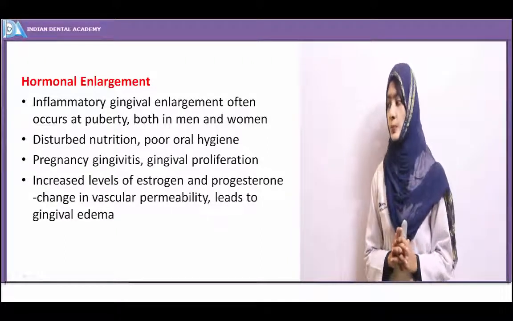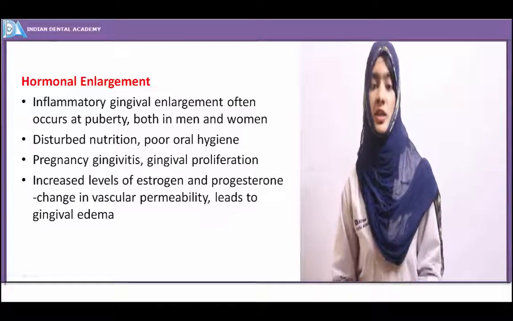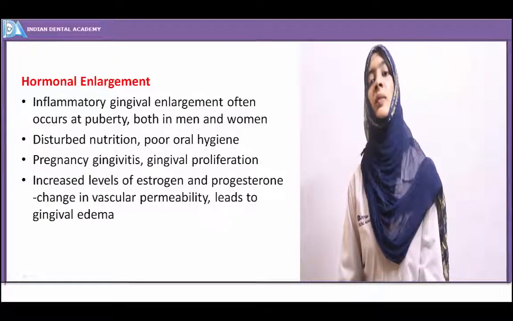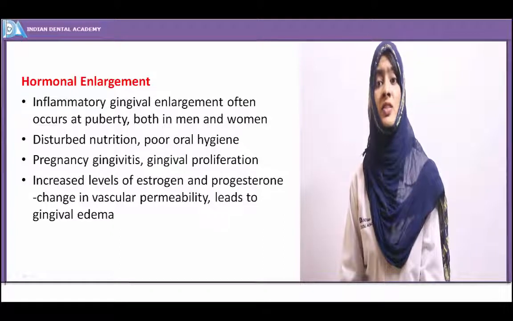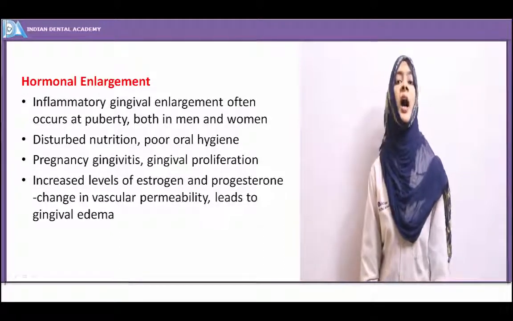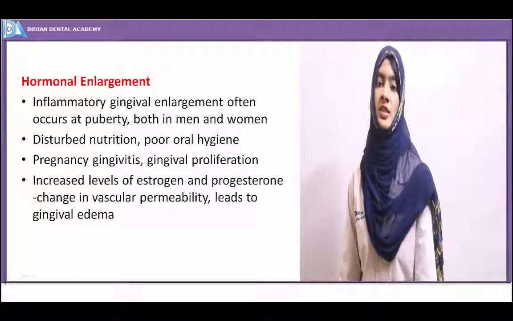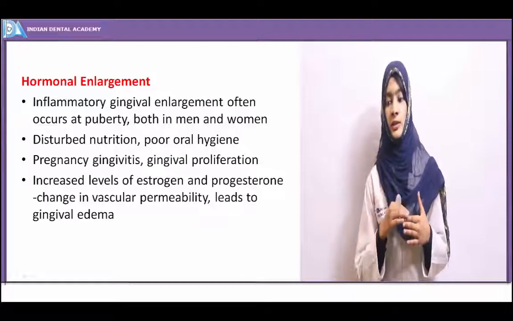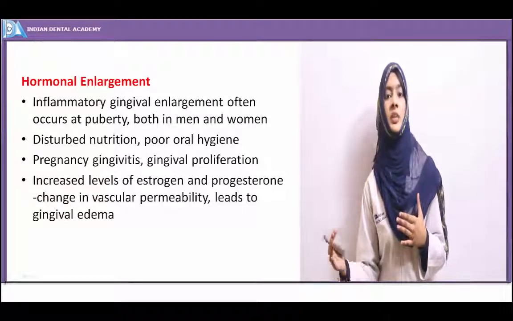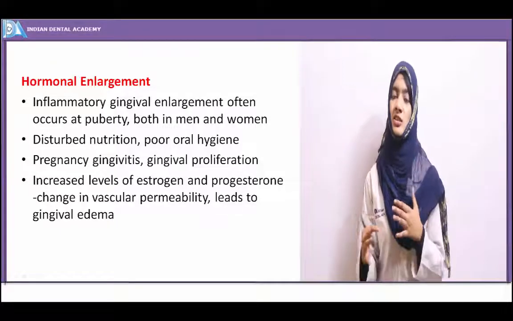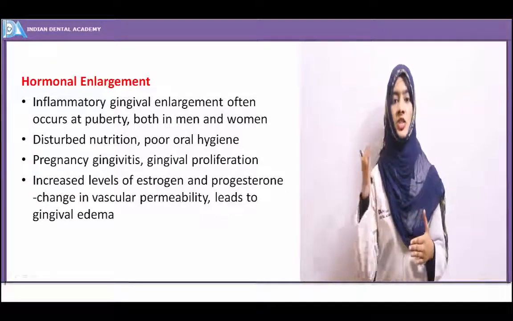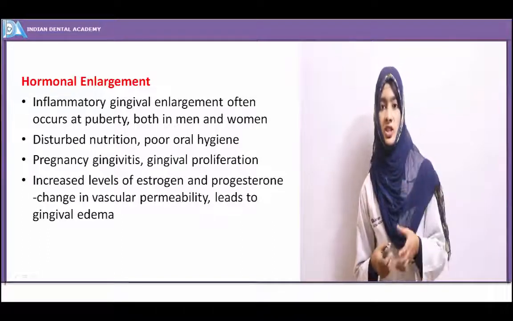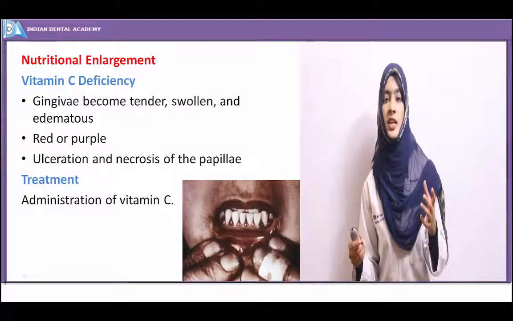Along with that, if poor nutrition, poor maintenance of oral hygiene and local irritating factors are present, this aggravates the disease. Okay, increased levels of estrogen and progesterone in pregnancy lead to changes in the vascular permeability of the blood vessels. That leads to edema and ultimately fibrosis of the gingiva. This should regress in the last trimester of pregnancy or after termination of pregnancy. Sometimes it just remains. When it remains, you have to carry out a gingivectomy or a gingivoplasty procedure to recontour the gingival surfaces. Usually it just regresses.